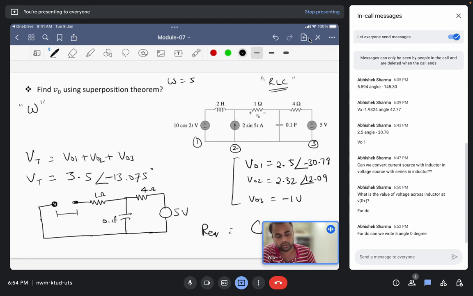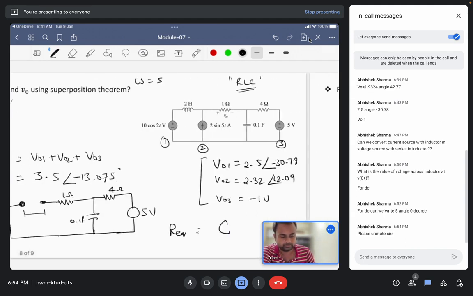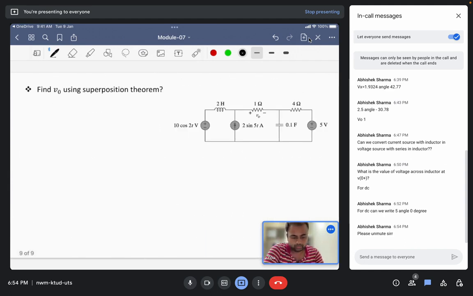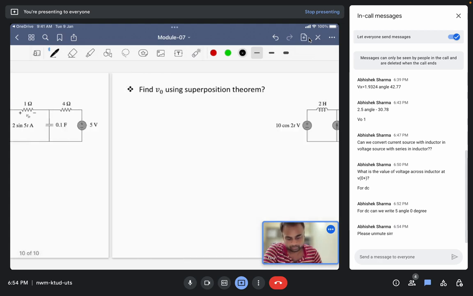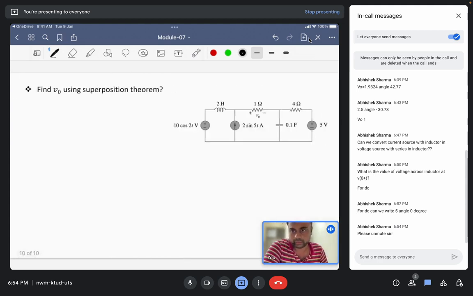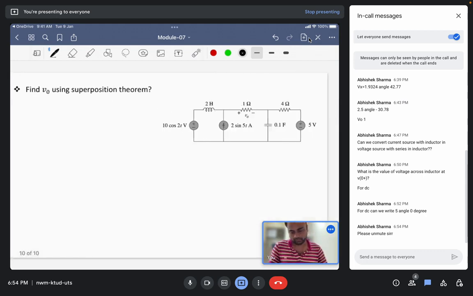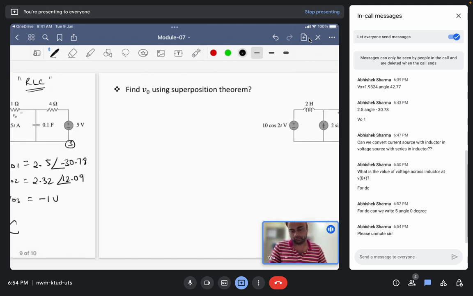Yeah, for DC we can write 5 angle 0. So this is the same problem. So I think we are done for today. This was the last problem. So if you have any doubt, you can